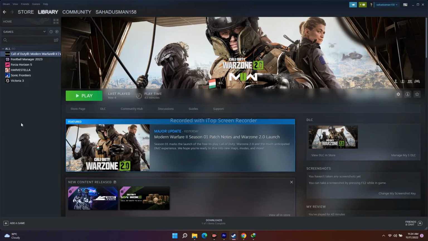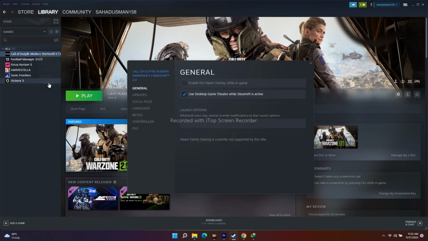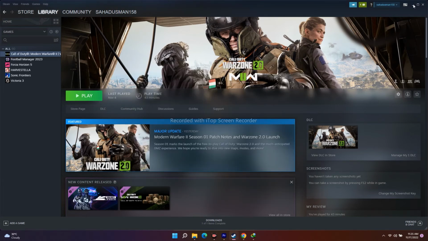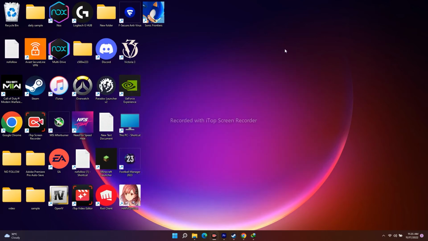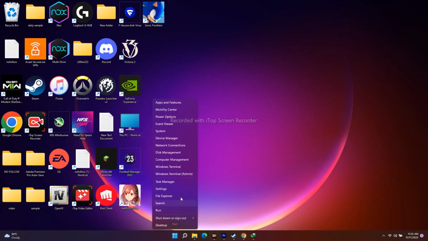Moving to the next one, it is quite important that you disable some unwanted applications, and you have to disable the overlay and all those things. Basically, if you're on Steam, just click over here, right click and go to Properties. Over here in the General tab, make sure that Enable the Steam Overlay is completely grayed out. That means it is disabled, or else you'll be having trouble. So it is quite important, and once it is done, you have to go back and make sure